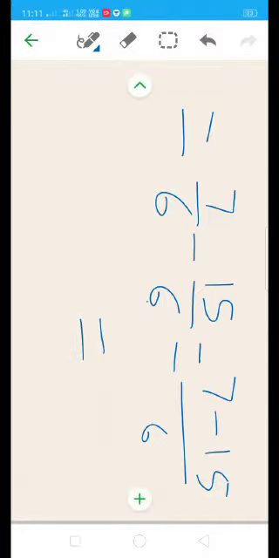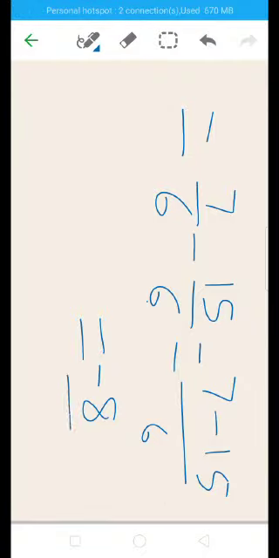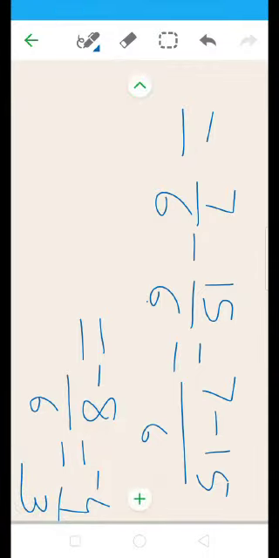7 minus 15: plus and minus, we have to do the subtraction, and the answer takes the sign of the bigger number. Subtract 7 from 15, it becomes 8, and 15 is the bigger number. In front of 15 there is a minus sign, so our answer also has a minus sign. Minus 8 upon 6. If we divide 8 upon 6 by 2, 2 fours are 8, 2 threes are 6. Minus 4 upon 3 is your final answer.